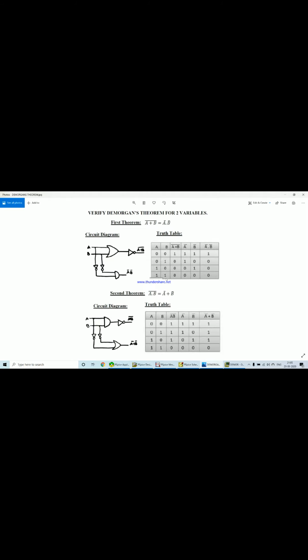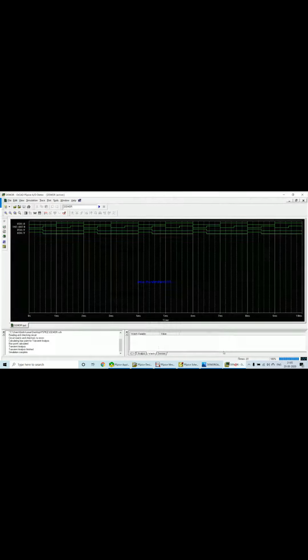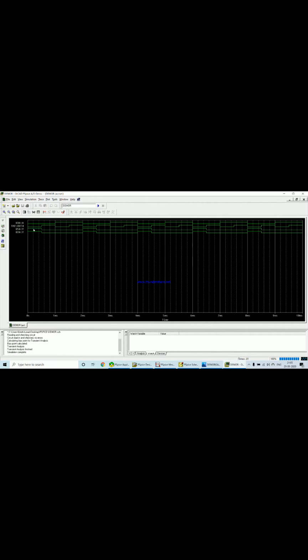For all other three input combinations, the output is all zeros: 0 1 gives 0 0, 1 0 gives 0 0, 1 1 gives 0 0. So the waveform continues in the same sense for other time sequences. This is the output of the first theorem that we have seen.